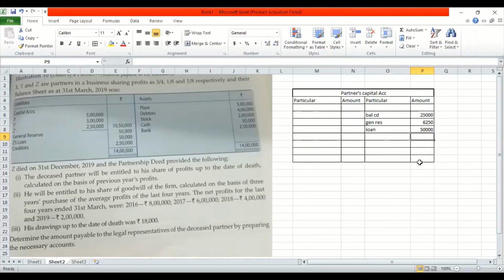This 2 lakh amount, which is there for the previous year, is going to help you calculate his profit. Now 2 lakh is for 1 year, right? That is last year. So I can write here 2 lakh is for 12 months. When did he die? In the month of December. So how many months was he there in the business? We had to be again very quick. He was there for 9 months. So I'm going to write here 9 months.